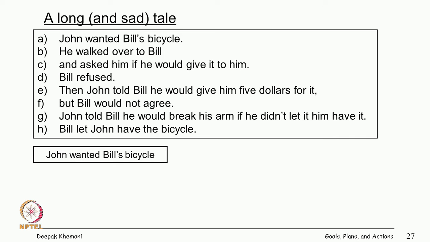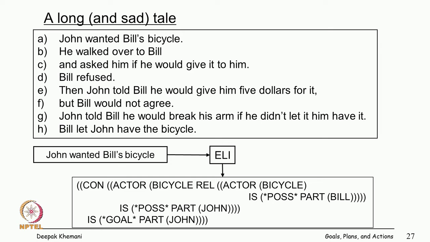So, having looked at the goal plan thing that we saw, we have some rough idea of how PAM is going to process this, but let us just look at the actual representations that it works with essentially. So, the first sentence, John wanted Bill's bicycle, is input to LE. Remember, LE is this English language interpreter, the program which converts English language into conceptual dependency, and this is the structure it creates, that there is a conceptualization that actor